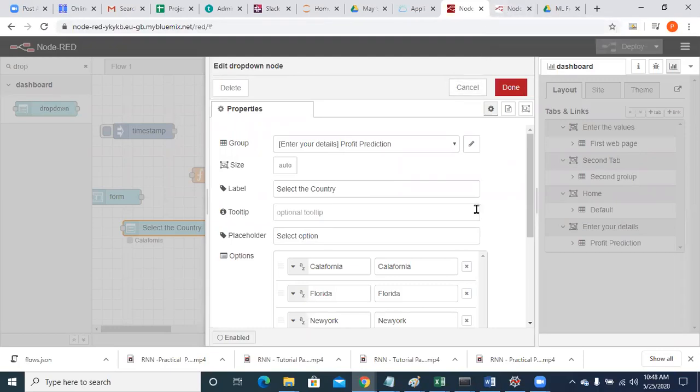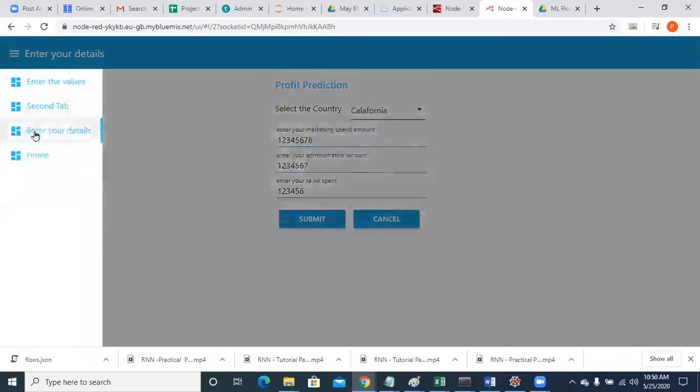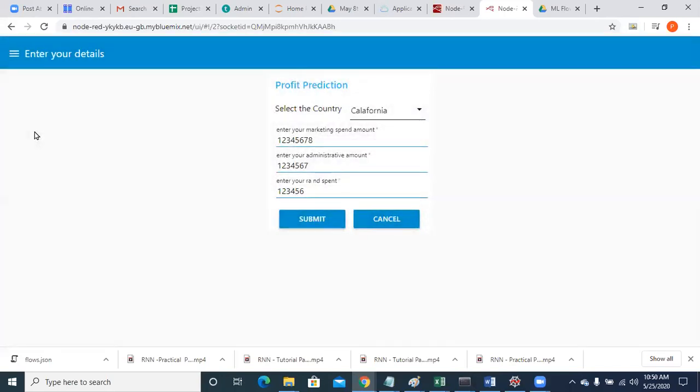Have you deployed it, Pranav? What's happening is like, if you create a new flow, everything is showing, right? So you have to click here and you have to go in this way. Yes or no?